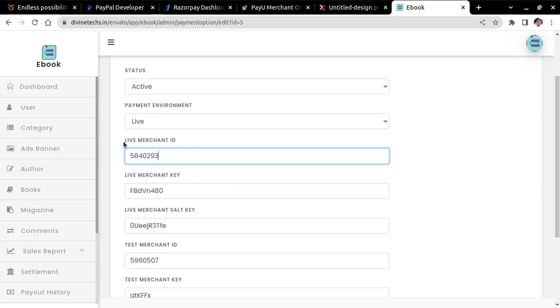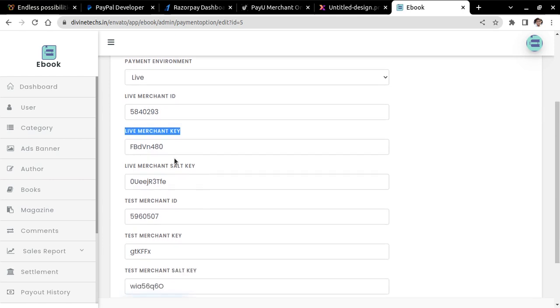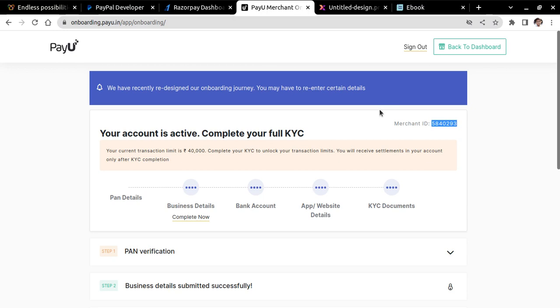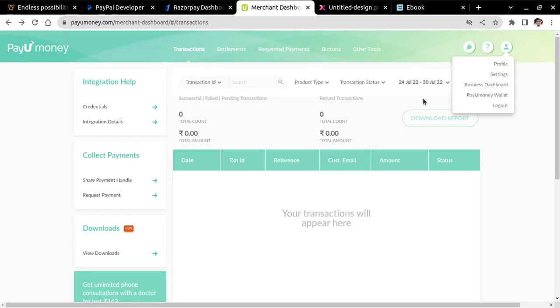All live merchant key, merchant ID, and live merchant salt key have been set. Now for the test, let's go back to our merchant dashboard. I think the new dashboard does not provide it, there's more changing. So I found